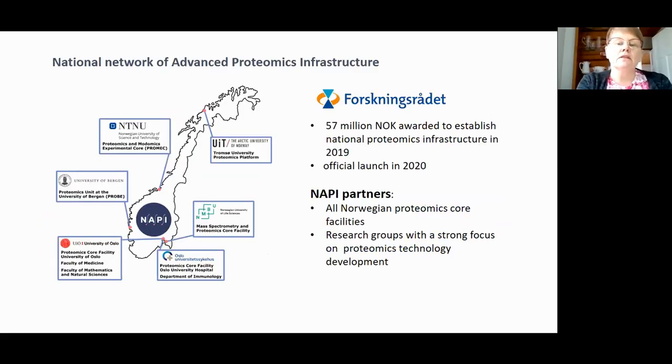And in 2018, we made an application to Forskningsrådet on the National Network of Advanced Proteomic Infrastructure. We actually made the first application already with almost the same groups involved in 2016, and then we were graded 7 out of 7, but did not get the funding. So 2 years later, we got the funding, and the official launch was in